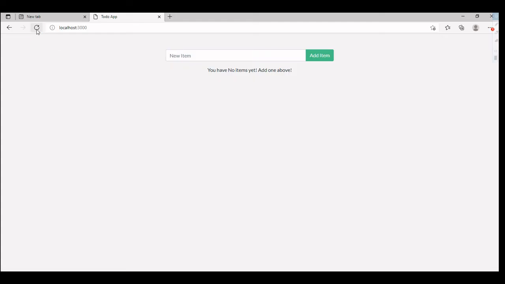So I'm going to refresh this once again. These are multiple ways wherein we can delete the container, using the command line